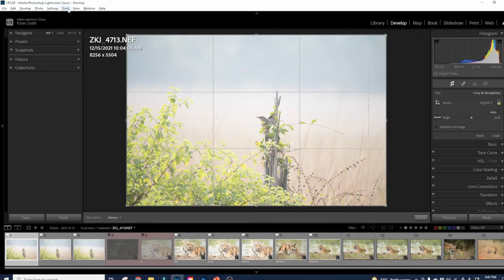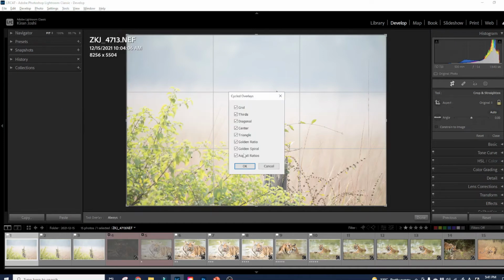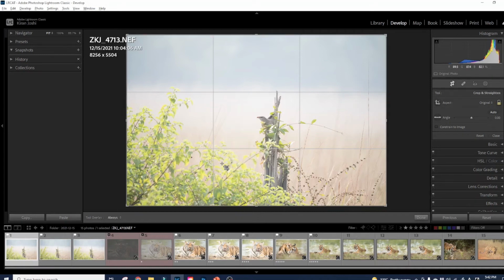To enable those overlays, you can go to the Tool menu, come to Crop Guide Overlay, and then choose Overlays to Cycle. So you can see all those overlays which are available over here. In case you don't want any overlay to be seen, you can just disable that. For example, I am just disabling the center as well as the golden ratio, and I'll just hit OK. And if I keep on pressing the overlays, you'll see that now a few of the overlays are not coming